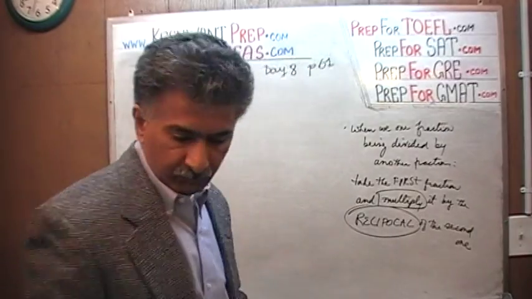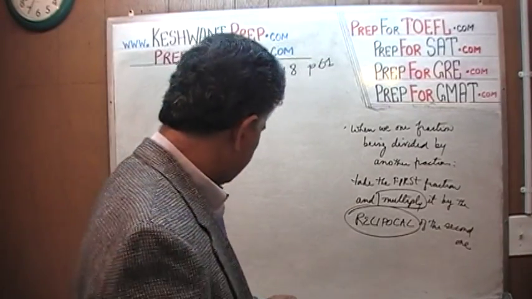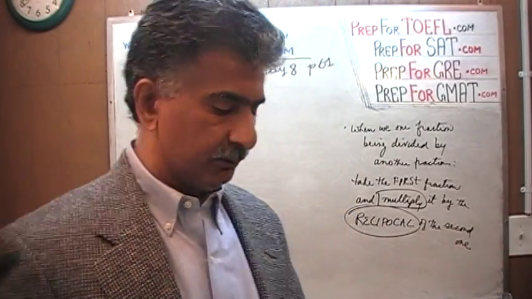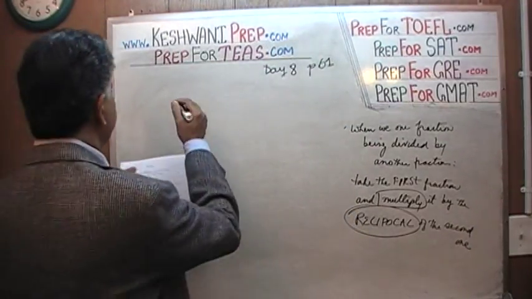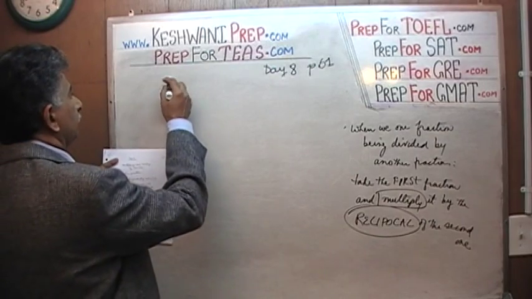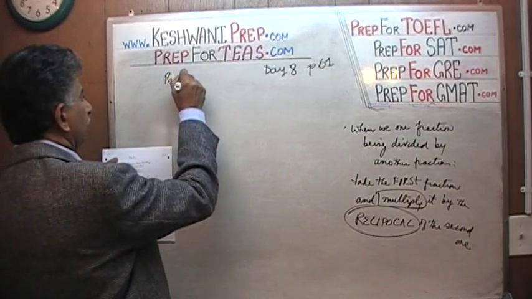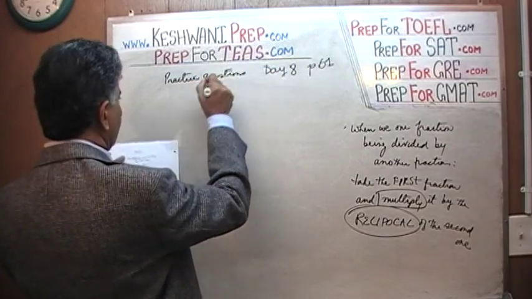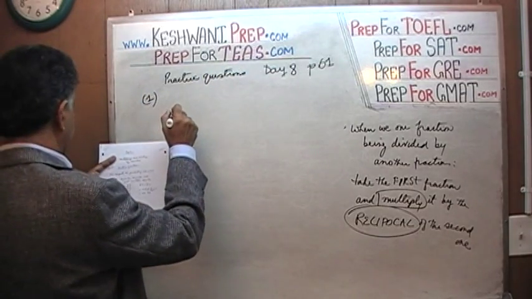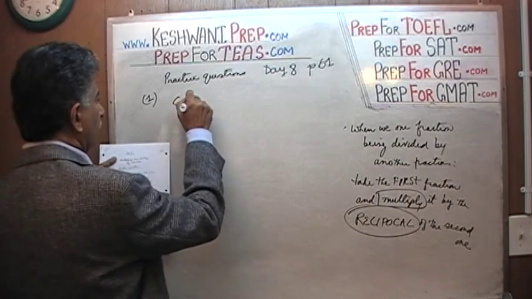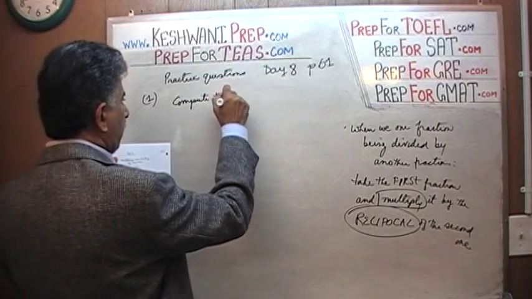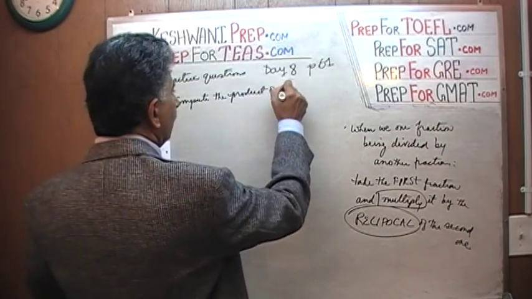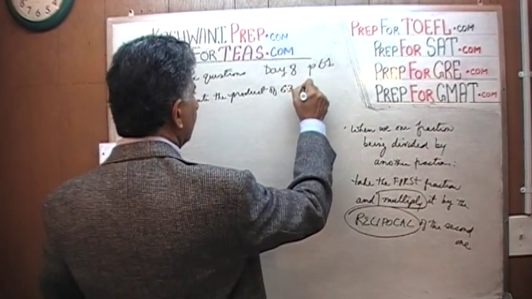There are 4 practice problems on that page, which have to do with multiplying and dividing by decimals. Number 1. So here are the practice questions. Number 1. It says compute the product of 6.3 and